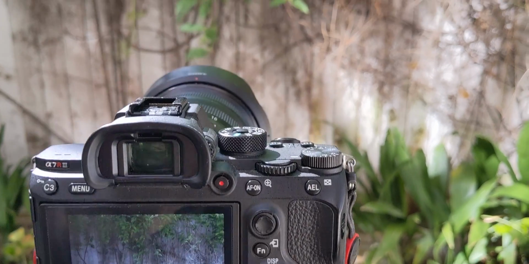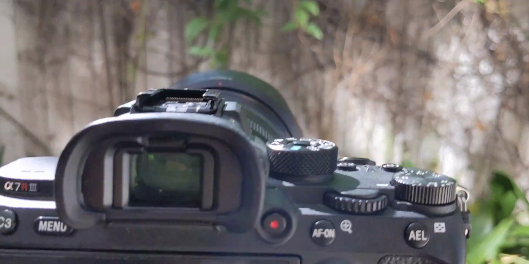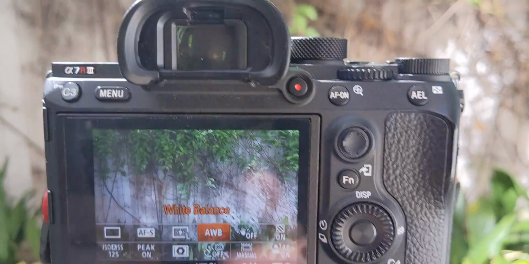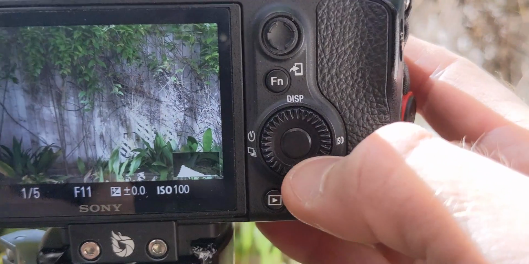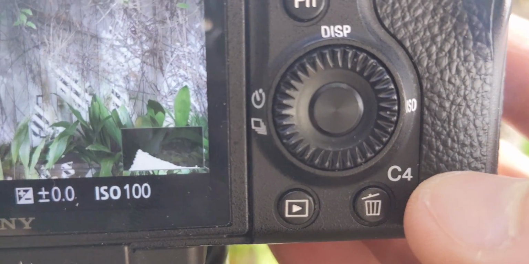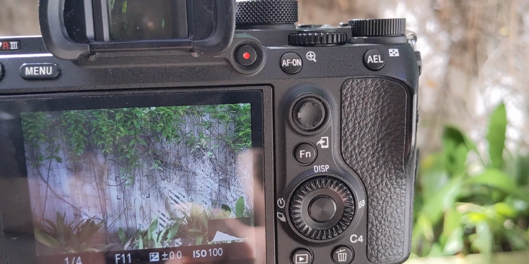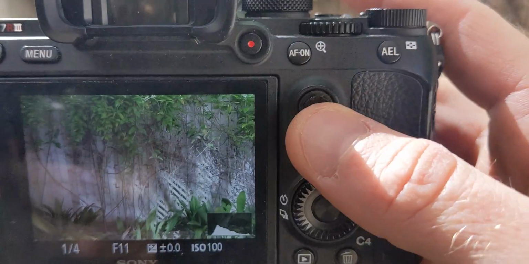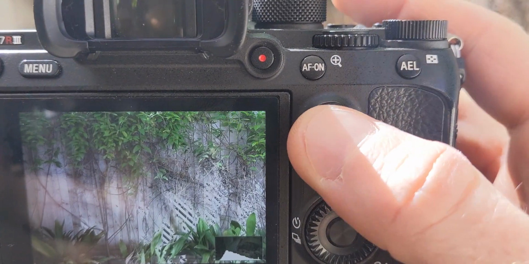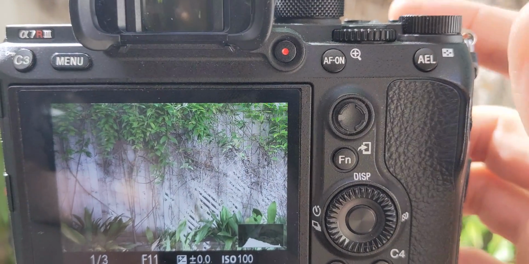So now we have our composition set, and all we want to do is make sure that it looks good on the histogram. As long as the histogram looks good, and it doesn't look like we have any blown out pixels, we just have a warning. You can see here we've got our little box that shows the focus point. So we dial that in right to the spot where we want it focused, and we make sure that's focused properly, and we take a shot,